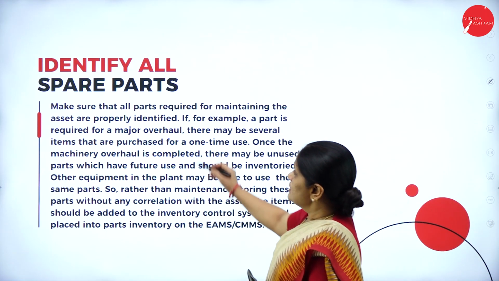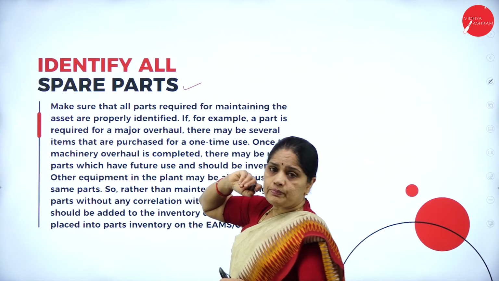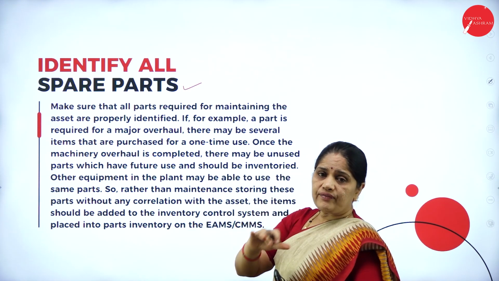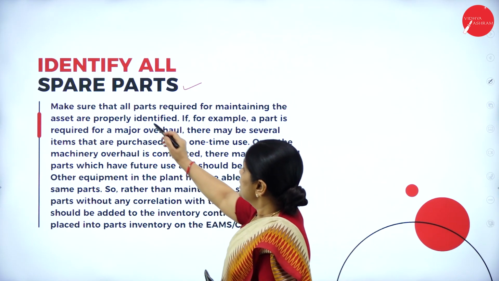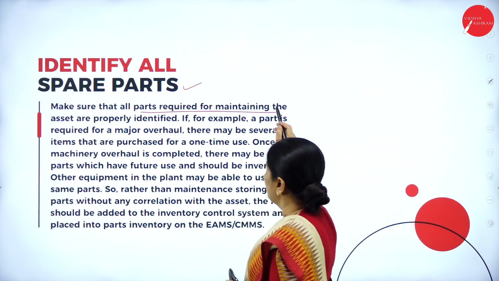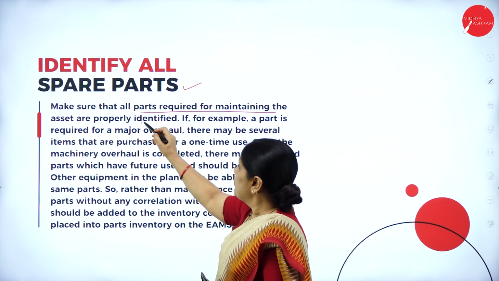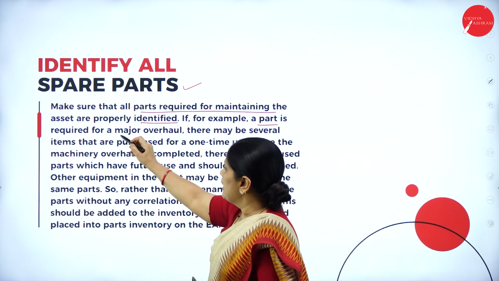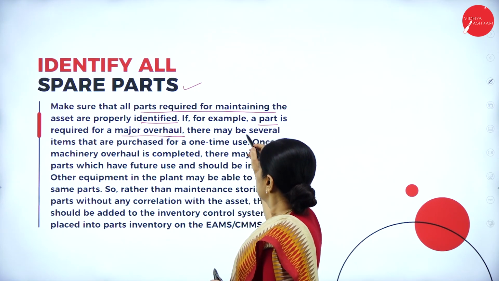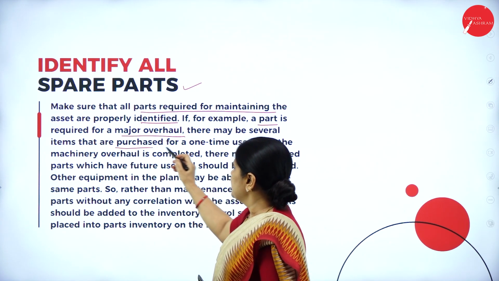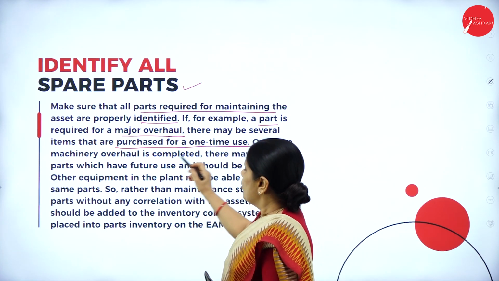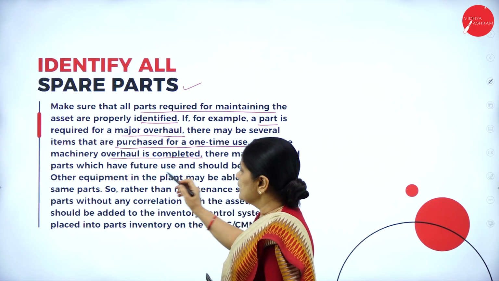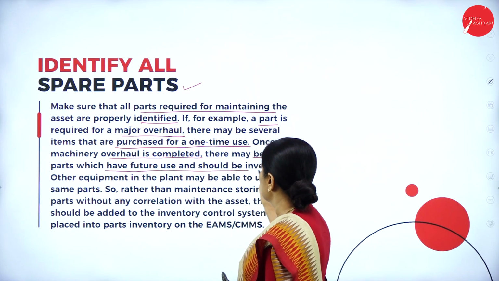The first one is identify all the spare parts. Whatever the parts are necessary for the machinery, you have to identify it. Make sure that all parts required for maintaining the asset are properly identified. If, for example, a part is required for a major overhaul, there may be several items that are purchased for a one-time use. Once the machinery overhaul is completed, there may be unused parts which have future use and should